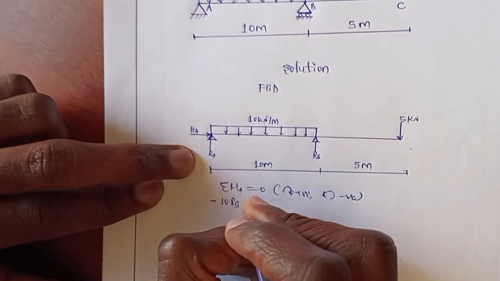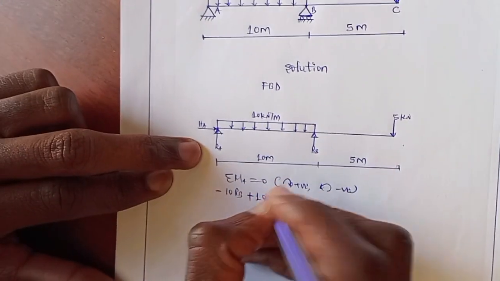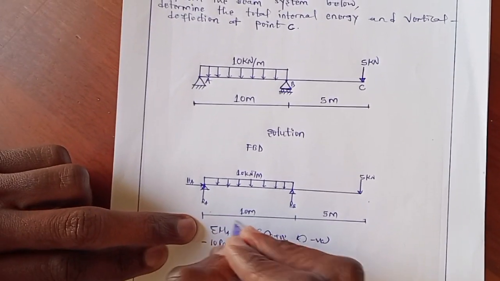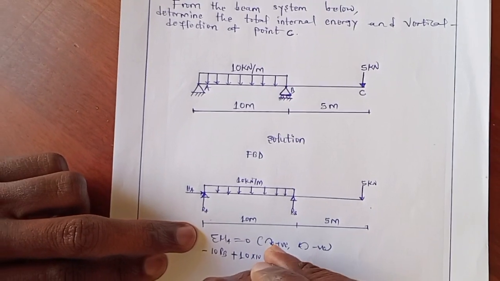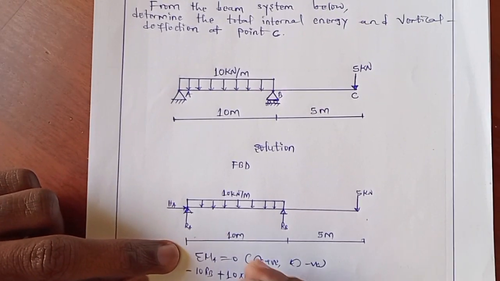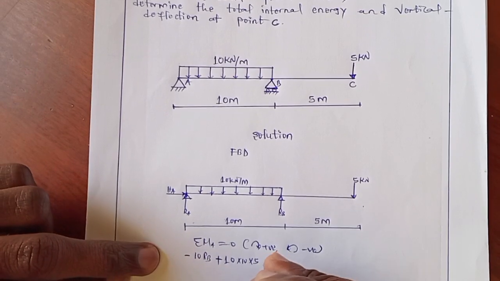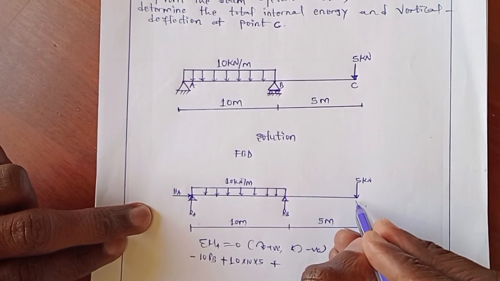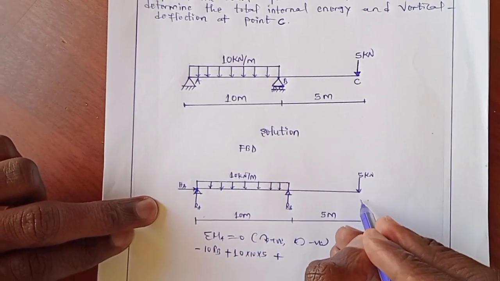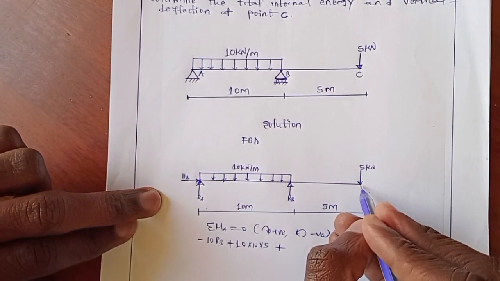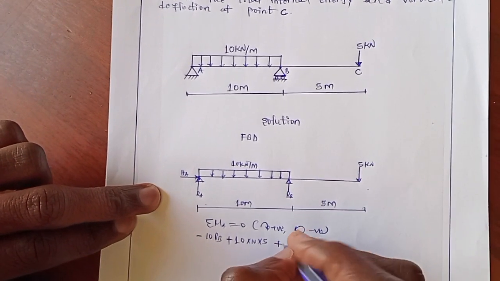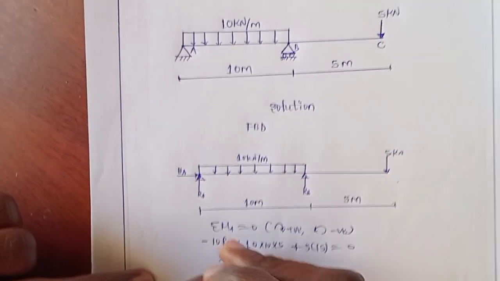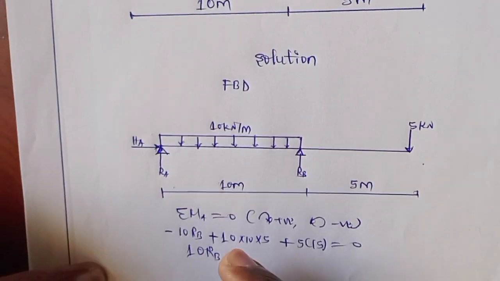So it will be 10 times 10, force times its perpendicular distance, which is 10 over 2, so 10 times 10 times 5. Plus 5, which moves in the clockwise direction, force times perpendicular distance. The perpendicular distance of this force is 15, so it will be 5 times 15, equal to 0. Therefore, 10 RB is equal to